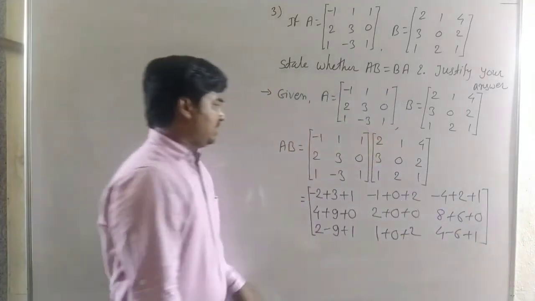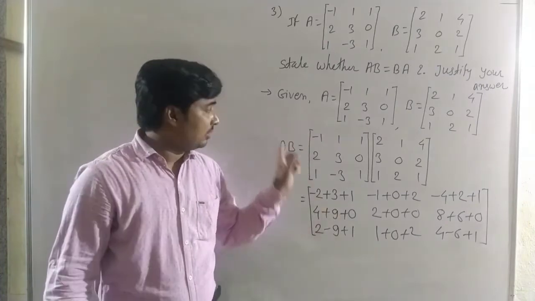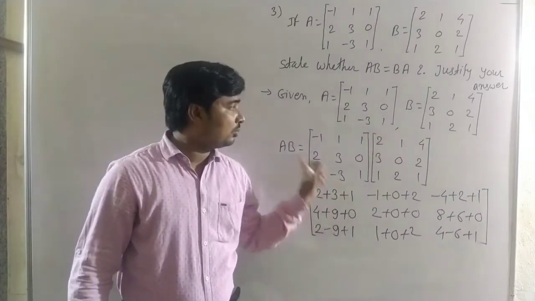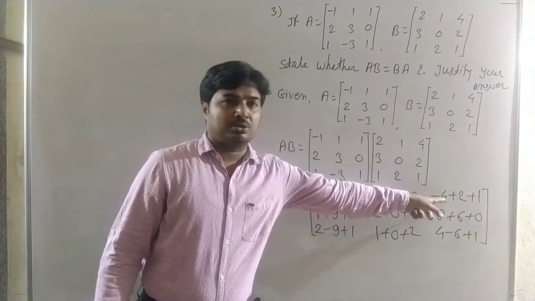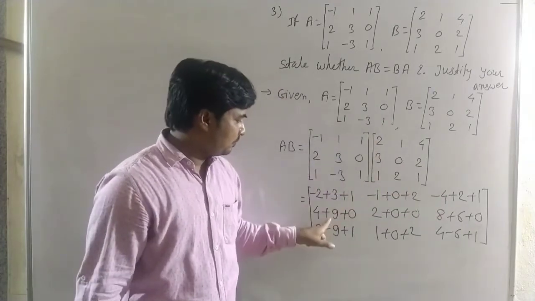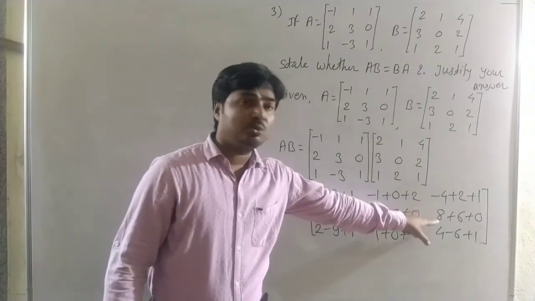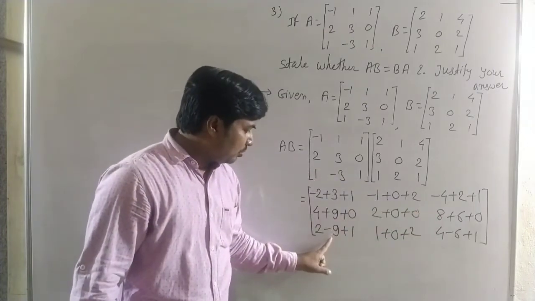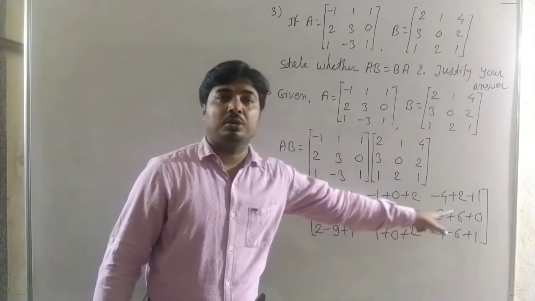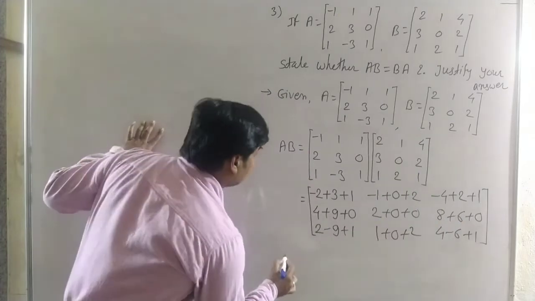Here see carefully, this is a multiplication. First row first column, first row second column, first row third column. Then second row first column, second row second column, and second row third column, third row first column, third row second column, and third row third column. And therefore AB